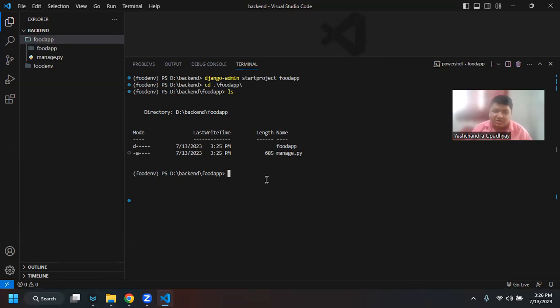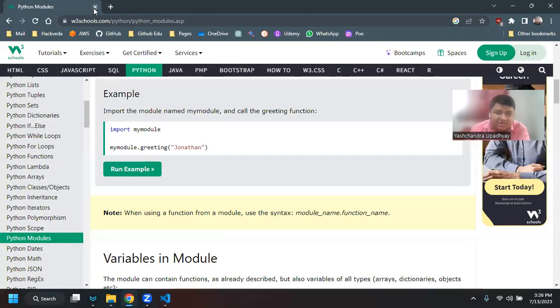So now what I can do is I can actually create a new app. So Django has a project, and then there are multiple apps. So let me go here. They have explained really well that